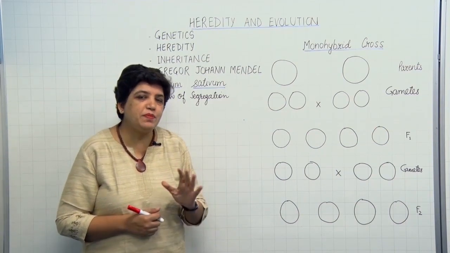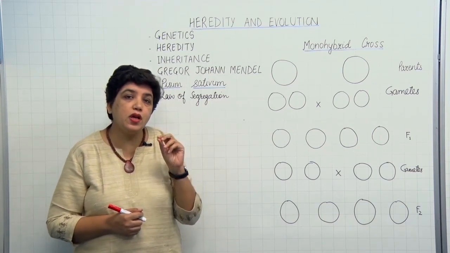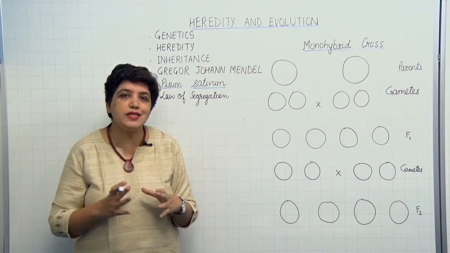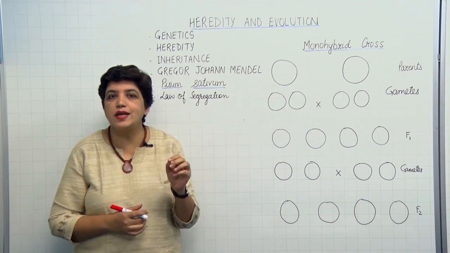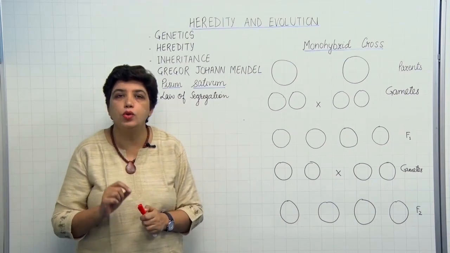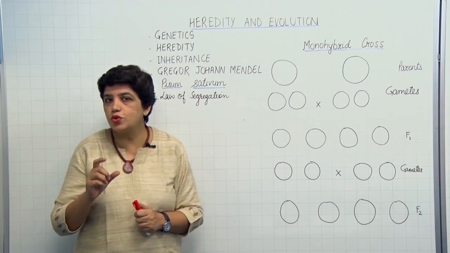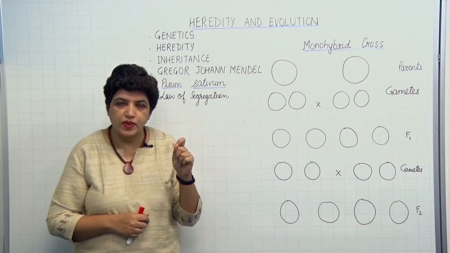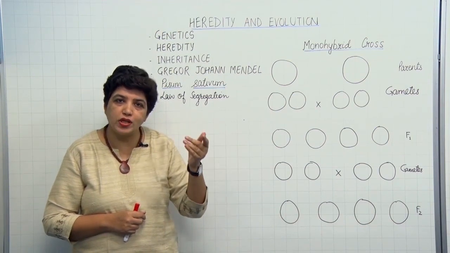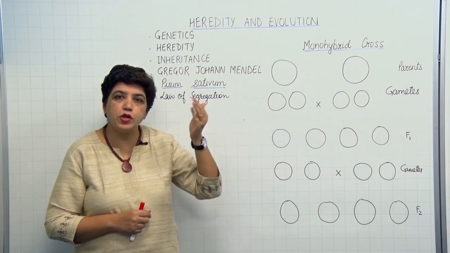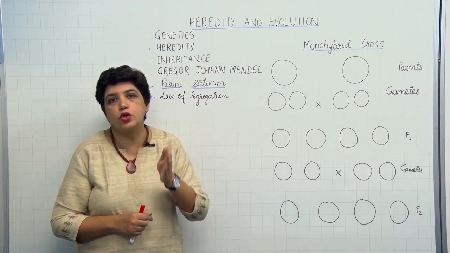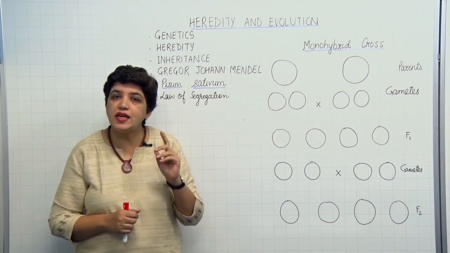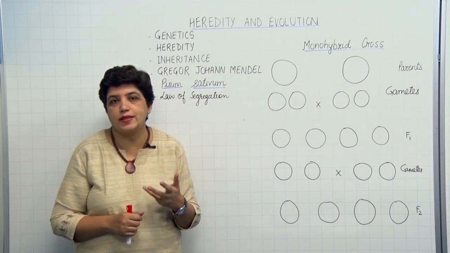Now, let me first tell you, the characteristics or the information are stored in each and every cell. As you know, all the cells have a nucleus, and the nucleus contains thread-like structures which are called chromosomes. These chromosomes are made up of DNA. The units of DNA are the genes. The information is stored in the genes. When the parents produce the offspring, the information is passed on through these genes. There are thousands of genes in the chromosomes, and each gene is responsible for our characteristics.